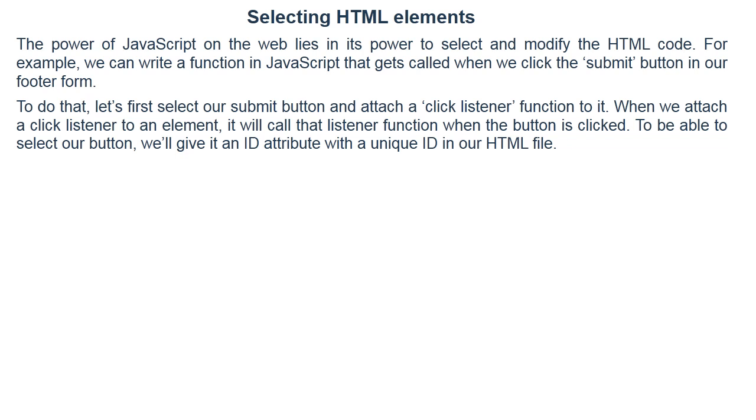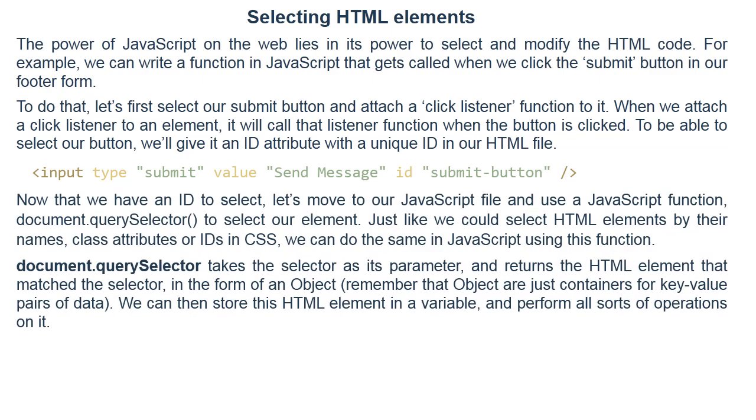To be able to select our button, we will give it an ID attribute with a unique ID in our HTML file. That is an example of the code: input type is submit, value is send message, ID is submit-button. Now that we have an ID to select, let's move to our JavaScript file and use a JavaScript function, document.querySelector,